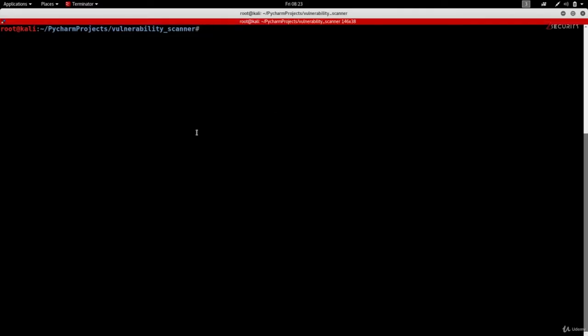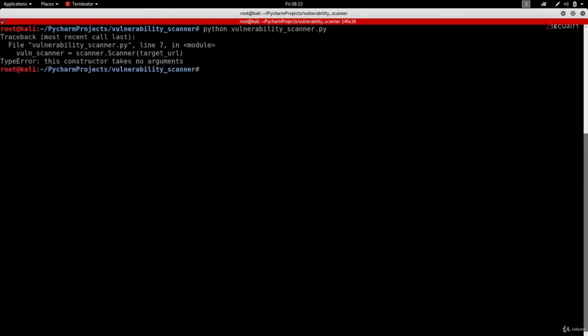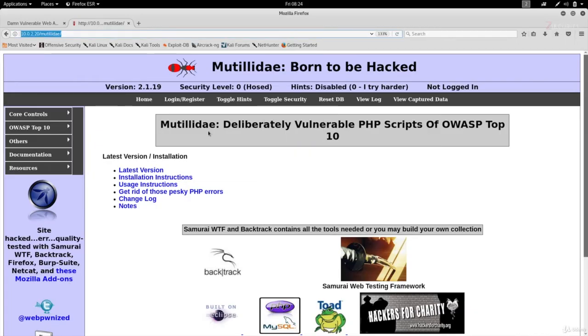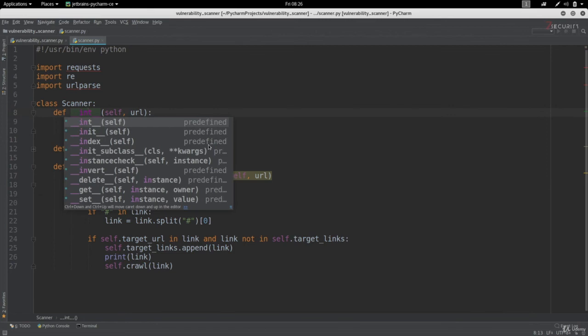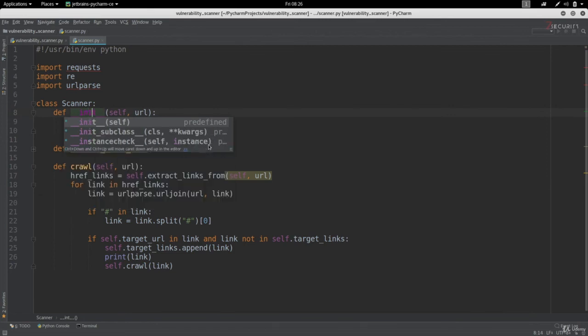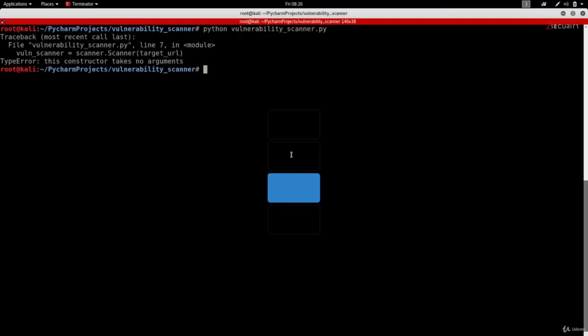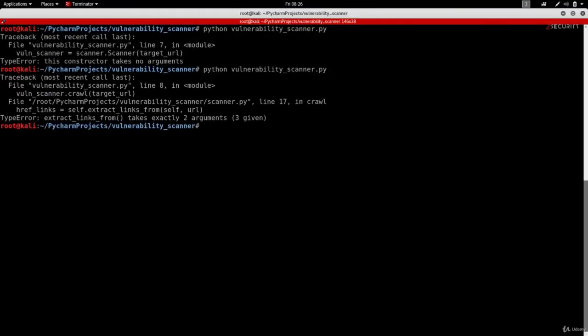So I'm gonna go to my terminal, I'm already in my working directory, and I'm just gonna do python vulnerabilityscanner.py. Now it's complaining about my constructor not taking any inputs. And the main reason is I misspelled init in here. I don't know how I achieved that. It's actually init. And now if we go down and run it again, we have a problem in line 17